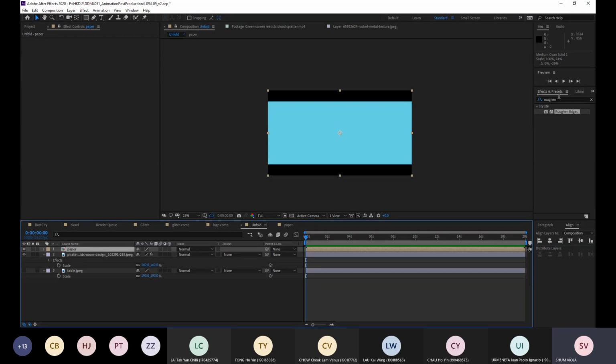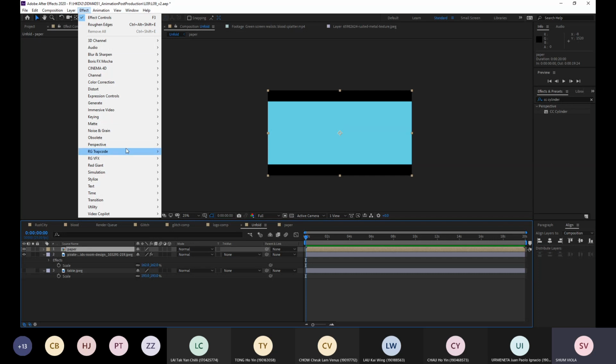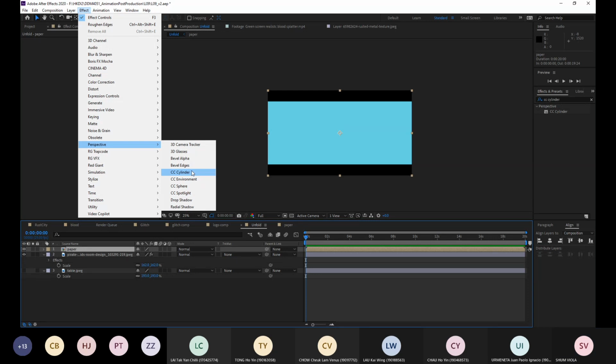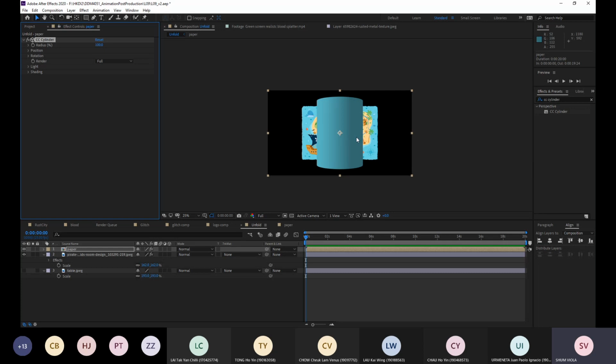And I would select this com and search CC Cylinder. 我就會 apply 個 effect 叫 CC Cylinder。如果你揾唔到，一樣啦，select 咗呢個 paper，去到 effects，跟住揀 perspective，CC Cylinder，一樣嘅。你見到一撳已經即刻搞掂。So you can see once I click the CC Cylinder, the image will look something like that, and you can slightly change